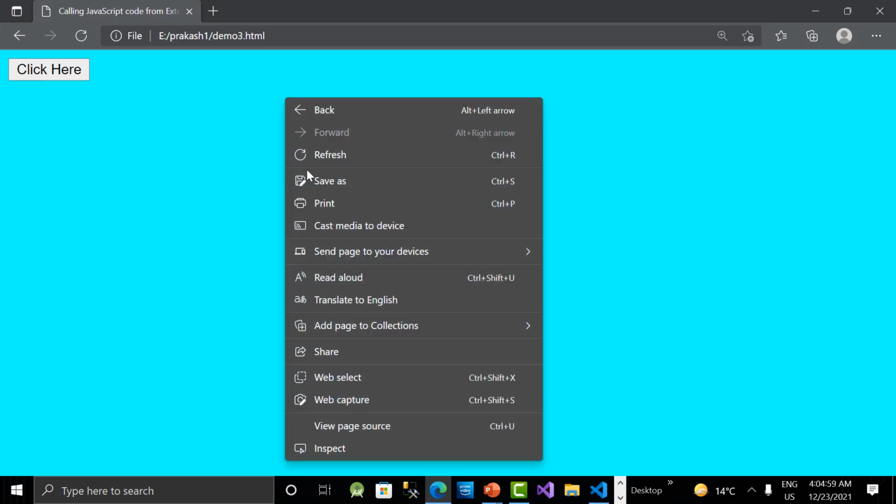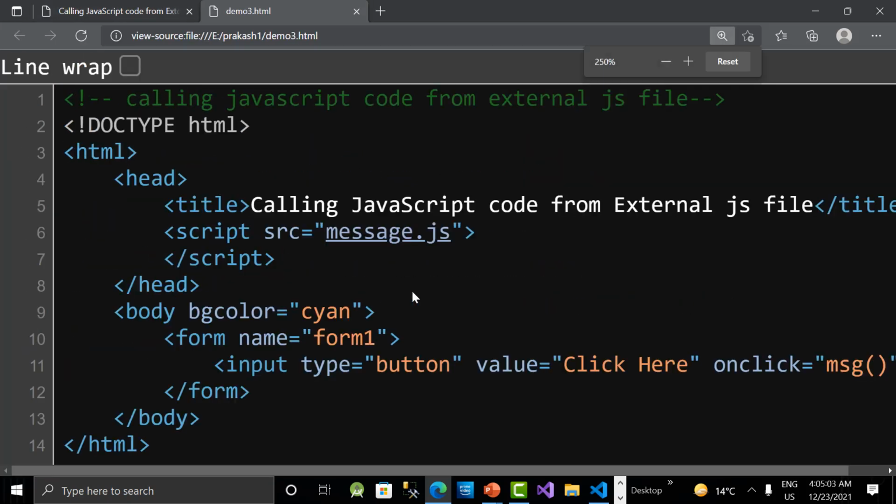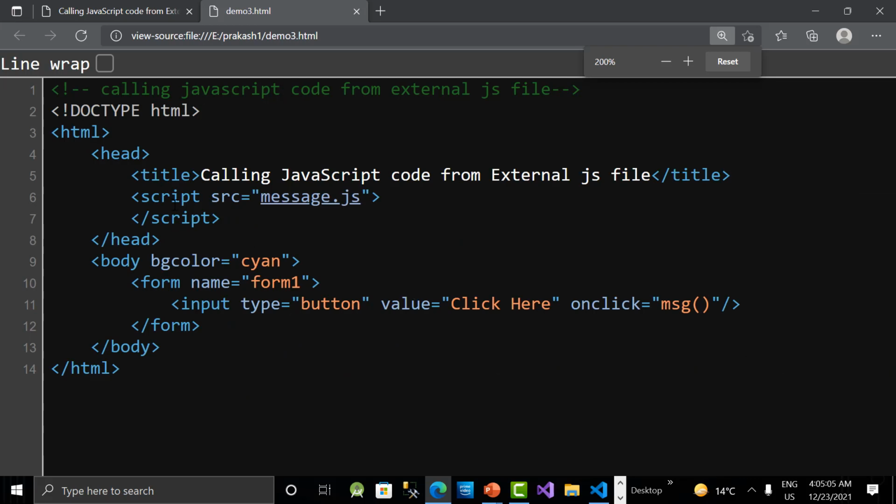Okay, guys, so thank you so much. And if you want to see the code written for this page, you can see here view page source, and you will see this. I wrote the entire code in my message.js. It might have one function or many functions, we don't know, guys. That is the advantage. Okay, so all the code is written in that JS file. Simply I'm just writing src message.js or whatever JS file name you want to give, and then you just call it wherever you need it.